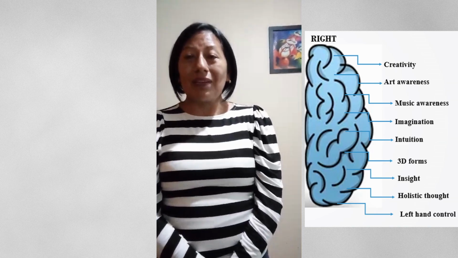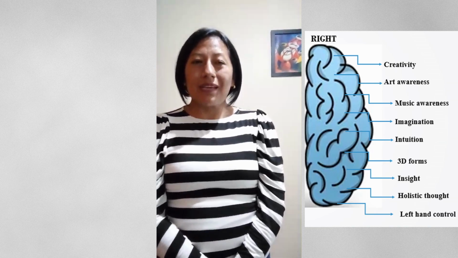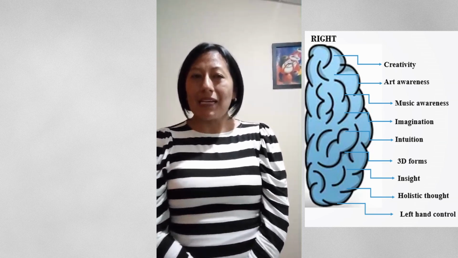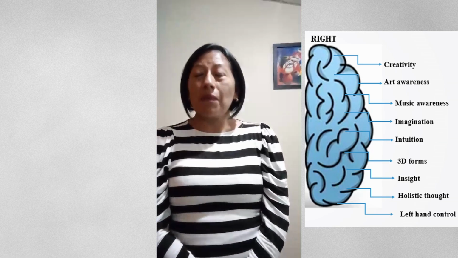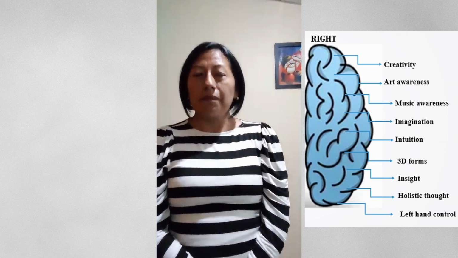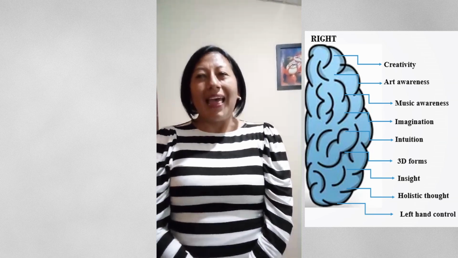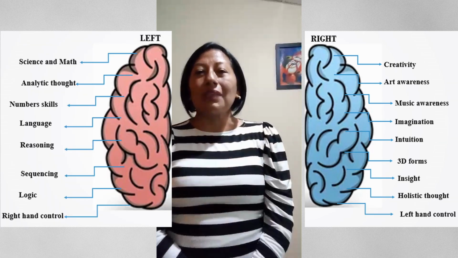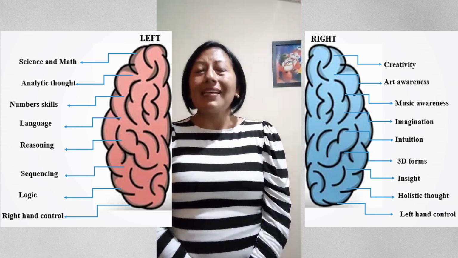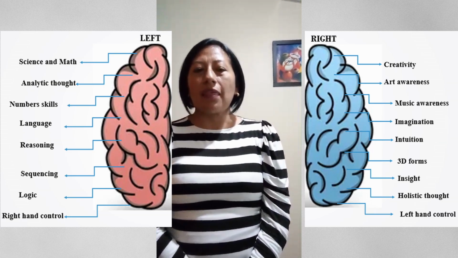In general, the right hemisphere controls art awareness, creativity, imagination, intuition, insight, holistic thought, music awareness, 3D forms, and left hand control. On the other hand, the left hemisphere controls analytic thought, logic, language, reasoning, sequencing, science and math,